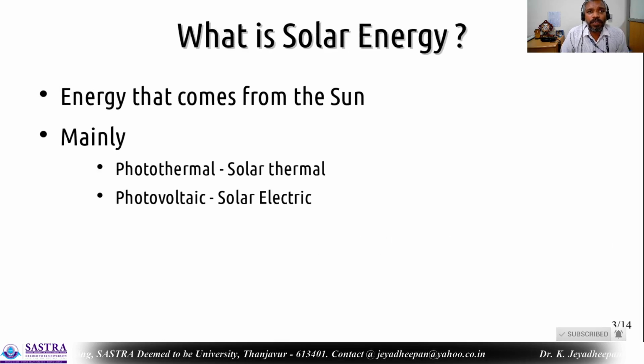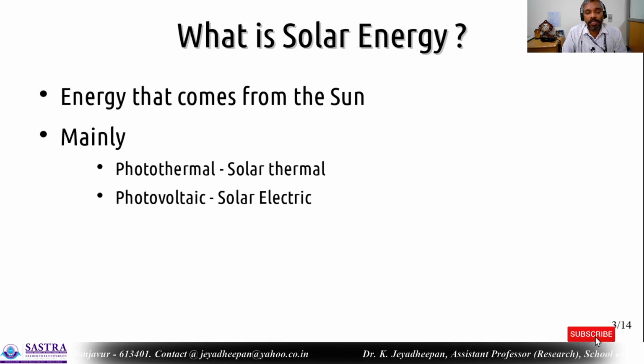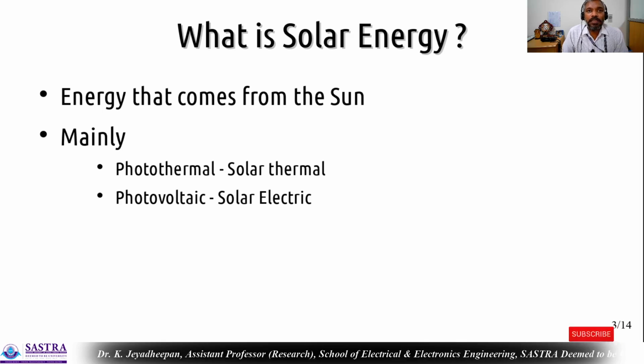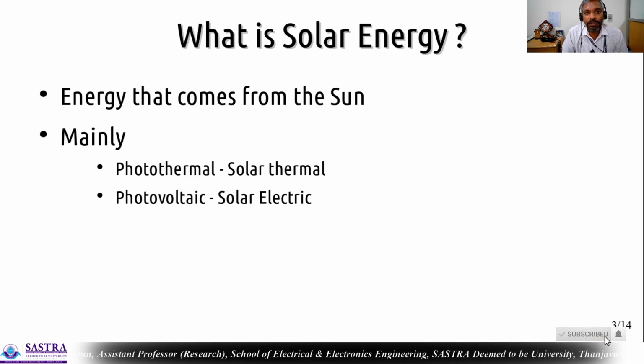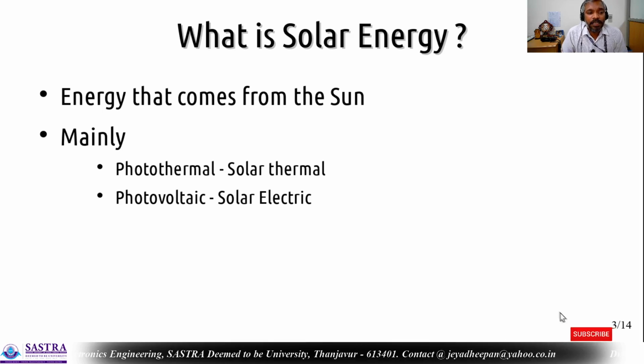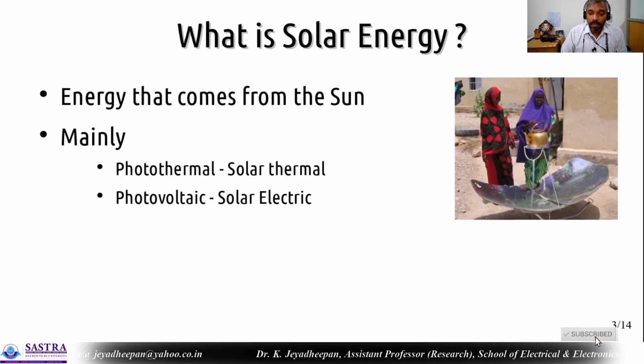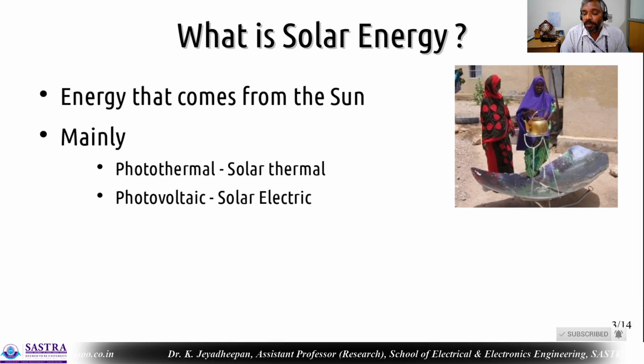Now, solar energy is the energy that directly comes from the sun. The sun is a source of energy. I already told you, the sun is producing two types of major energies: heat and light. So we can directly harvest the heat or sunlight from the sun itself. First, here is one example I have given to you,